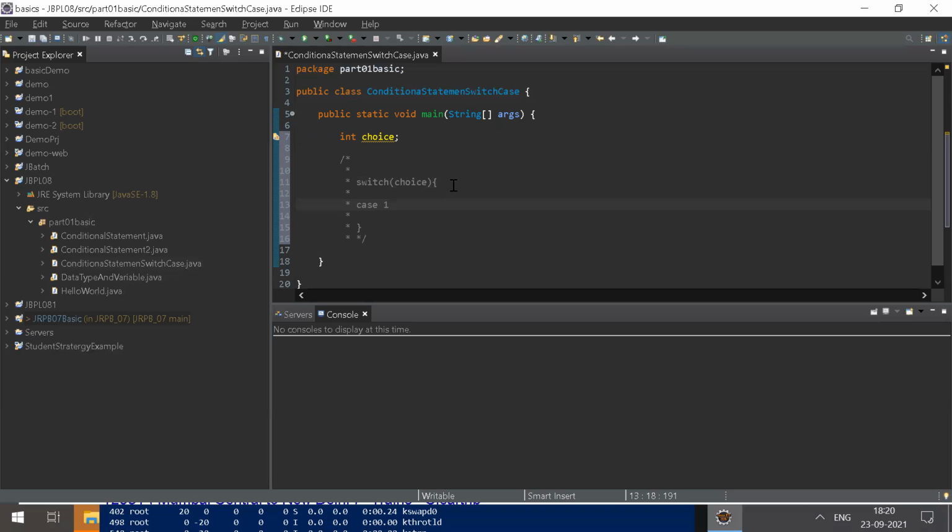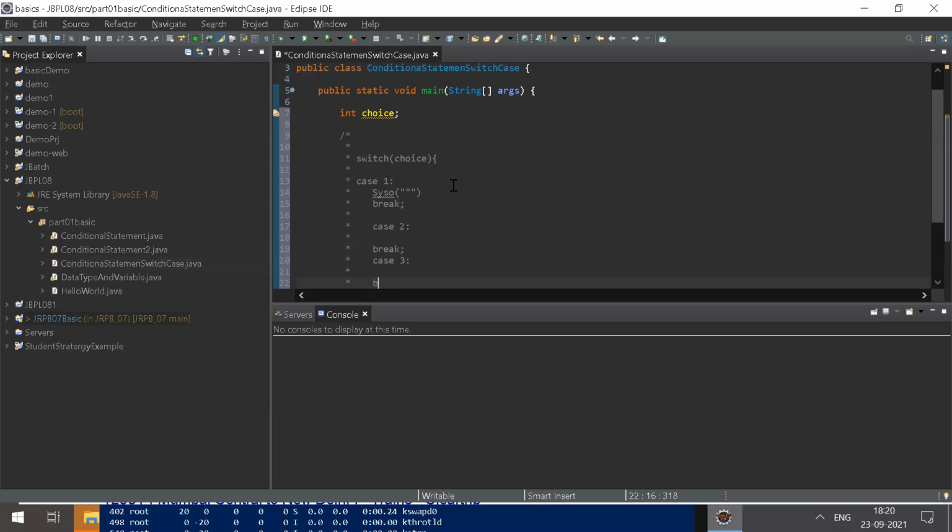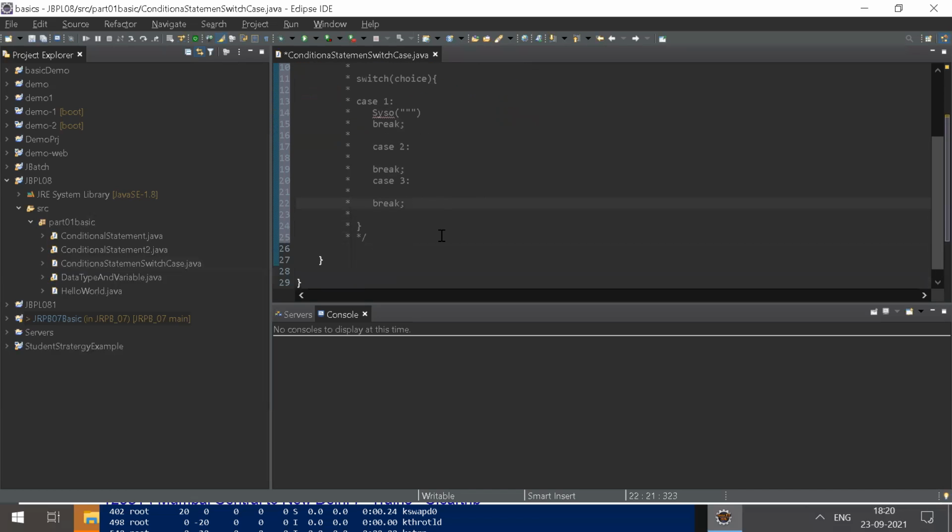Suppose case equal to 1, so you do something with System.out.println, and finally break. This is for case 1. Then case 2 similarly with break, and case 3, as many cases and break statements as you require. Finally you give the default, colon default. You can put a break or not. Break is not mandatory for the default section.